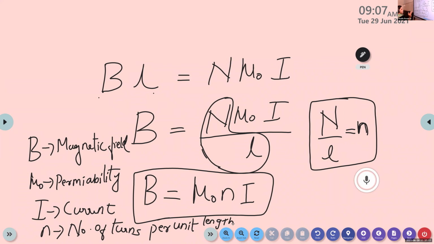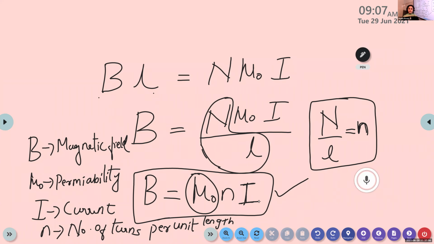So students, can you guess what factors affect the magnetic field? From this equation, can you make a guess? Here mu 0, the permeability, is a constant. Yes, current, the current flowing through a conductor. One factor is current I. Current I affects the magnetic field, because the current is directly proportional to the magnetic field.